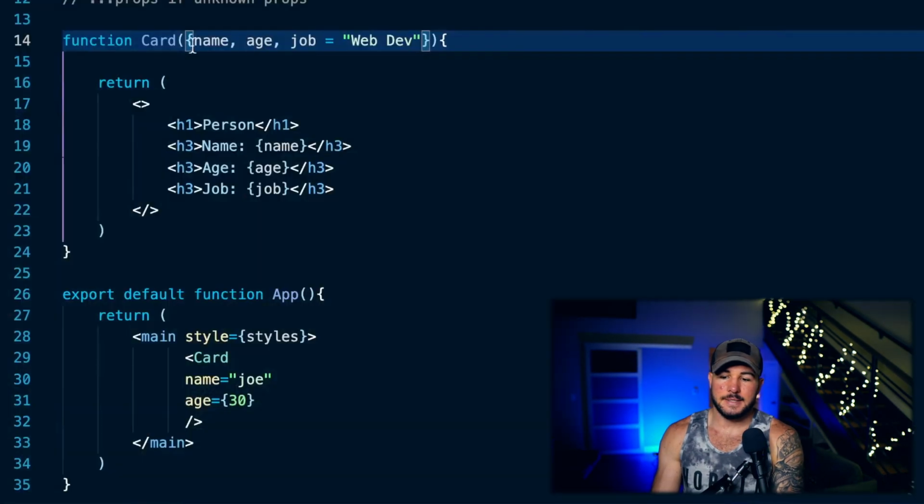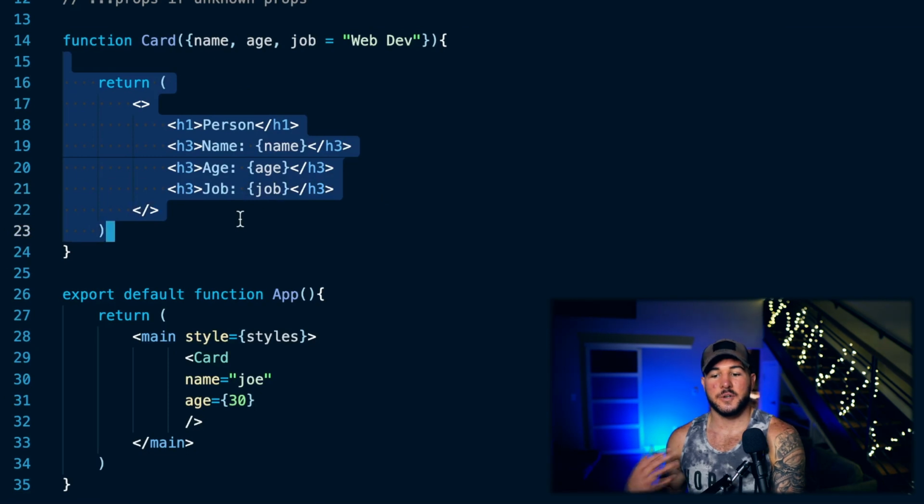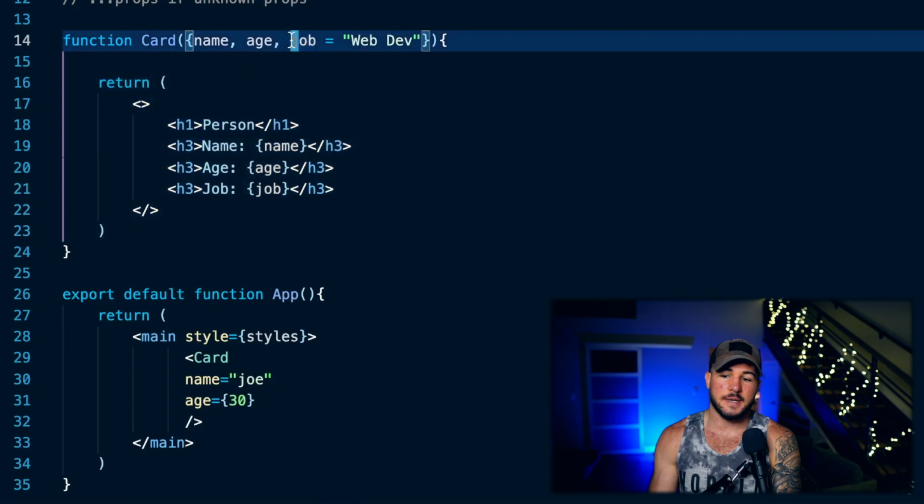So I think that by destructuring your props right away in your function parameters, it allows for a little bit cleaner of a functional component here within your JSX as well as within the body of your function. And I think it provides a nice way of adding default values. So this is just a quick React tip that I think can help you